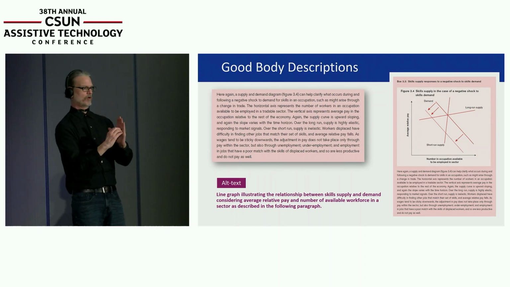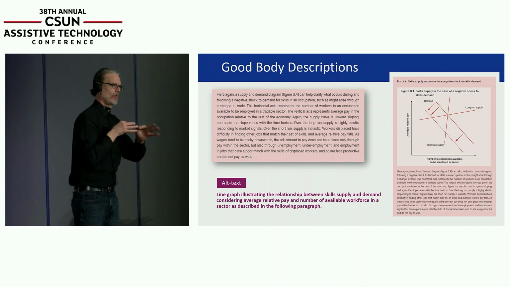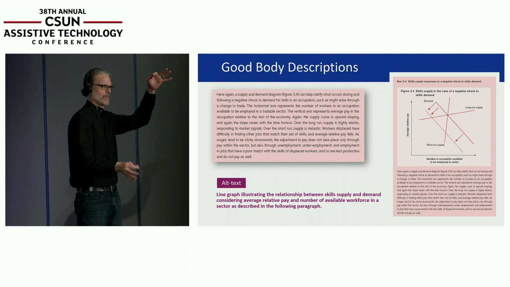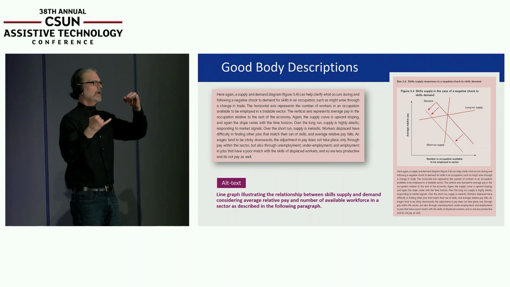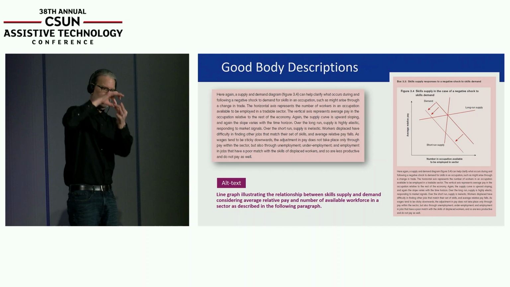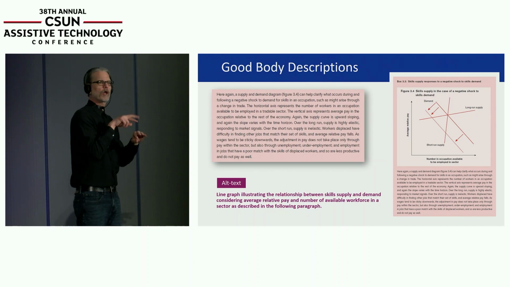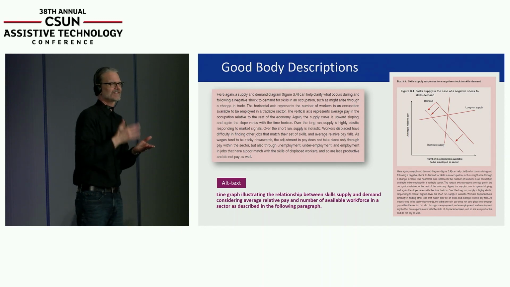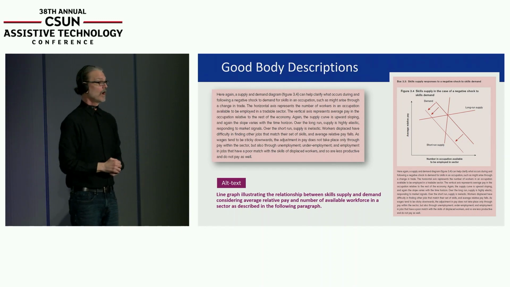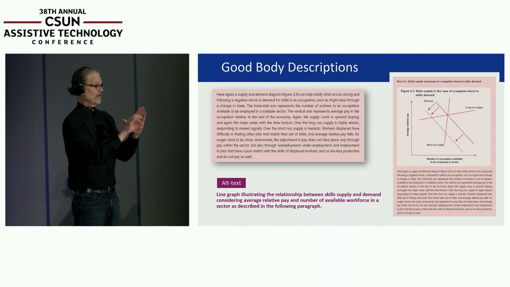I didn't have to write a dissertation on what was going on with each line and what direction it was and the relationship between one item and another. I could just simply refer to the other paragraph while giving some meaningful information. It's really not very good user experience to say pie graph as described in paragraph 12. Give them something.